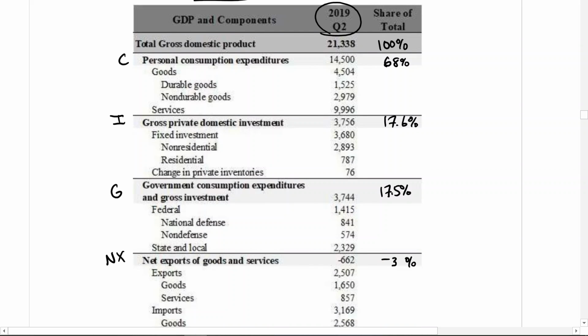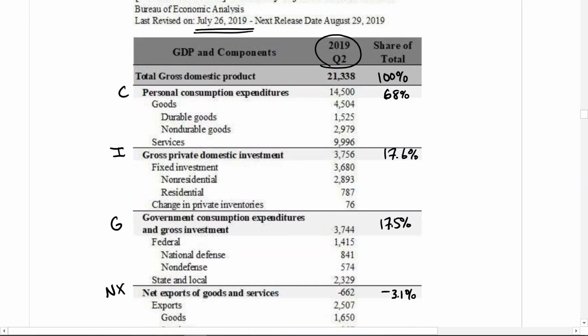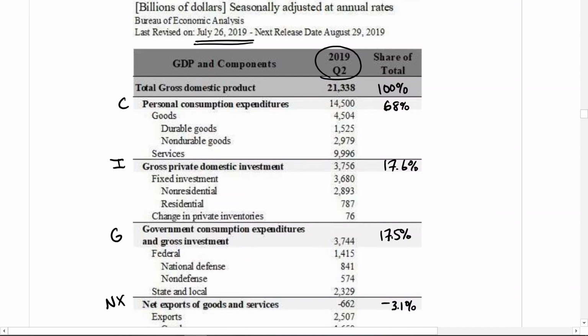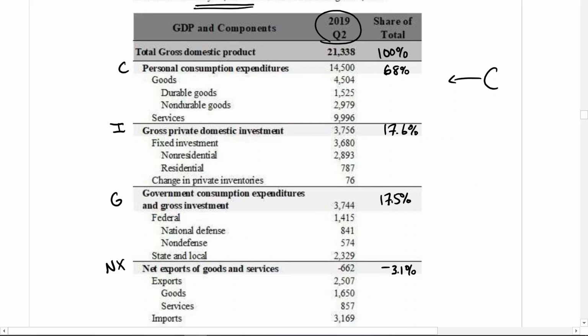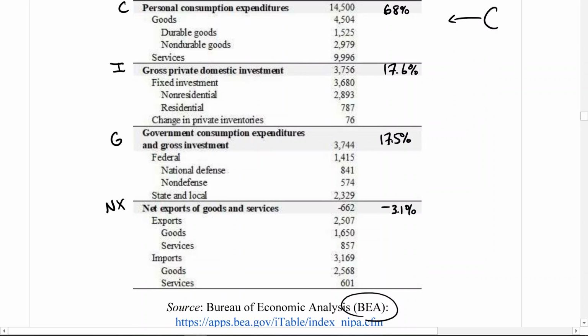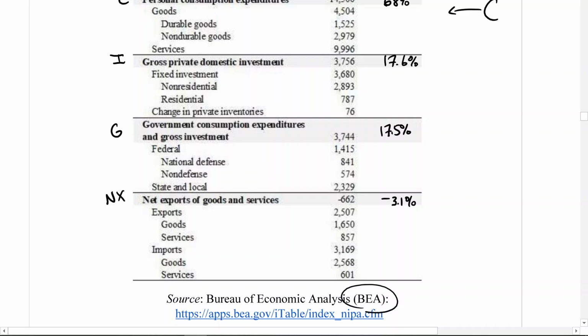Let me make sure that's clear. Okay, so clearly consumption makes up the largest part of American GDP, and it has for decades. Investment and government spending are about the same at about 17%, and net exports here are negative